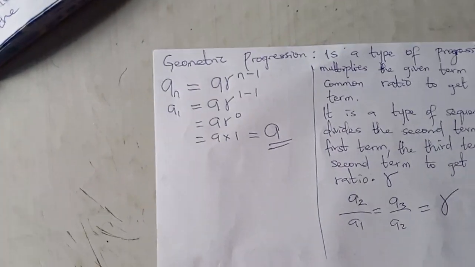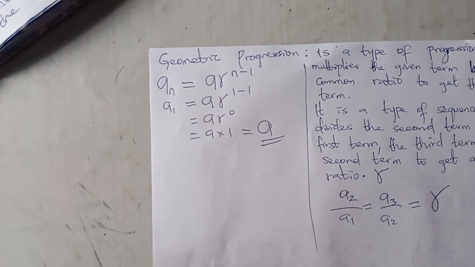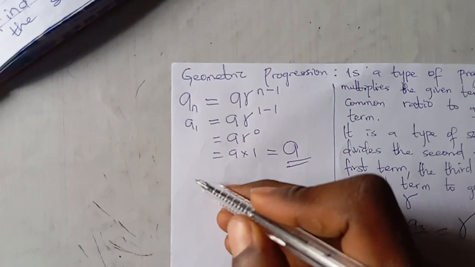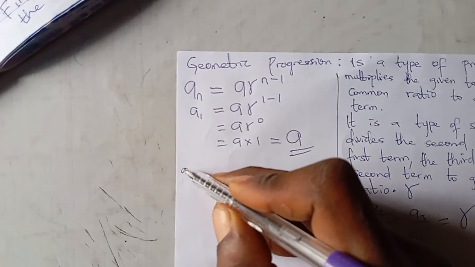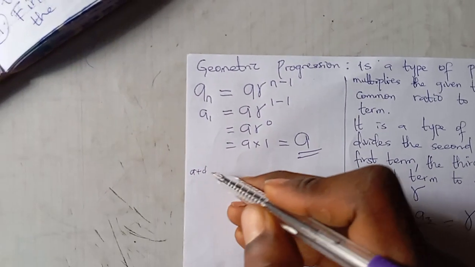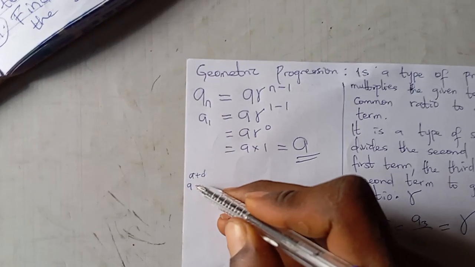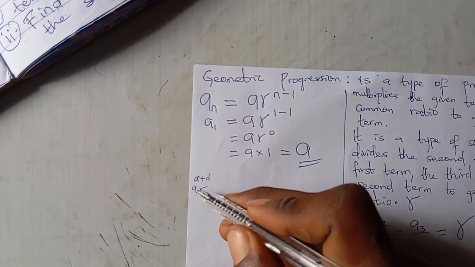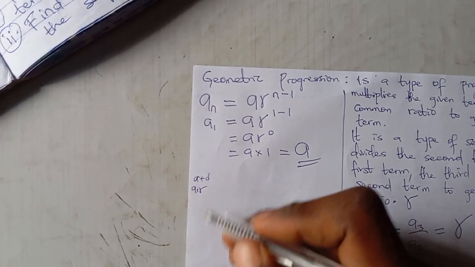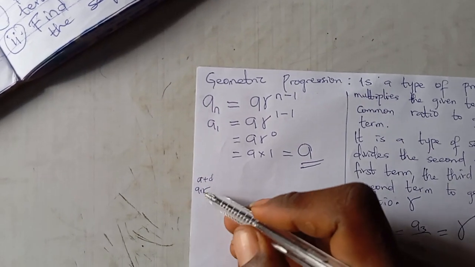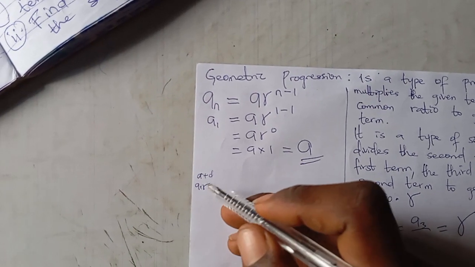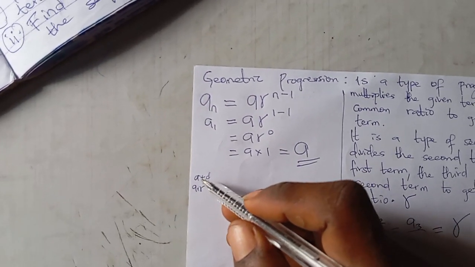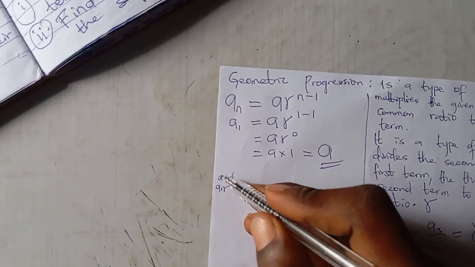So the geometric progression and the arithmetic progression have the first term in common, which is A. But for the second term, notice that arithmetic progression is A plus D, while geometric progression is A times R, AR. So it's the same thing: the other one is A plus the difference, this one is A times. I told you geometric is multiplication, the other one is addition to get the next term. So that means that the second term